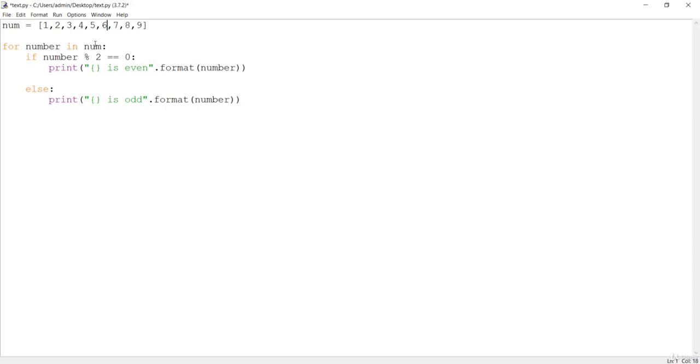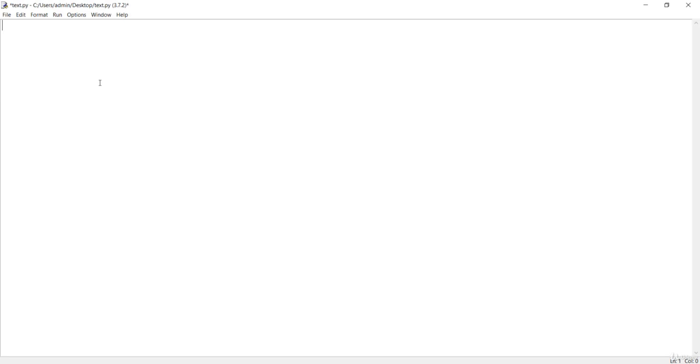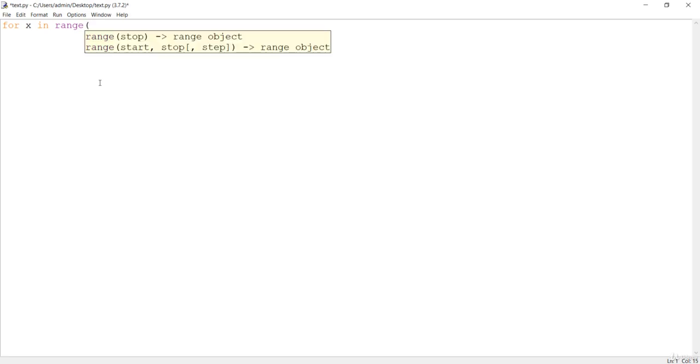So if you have to do something like check for a prime number or print some numbers in a range, you can do it with the range method. Let me show you. For x in range: I have shown you that the range method gives a sequence of numbers. I'll say I want the numbers from 3 to 5, because 6 is not included.